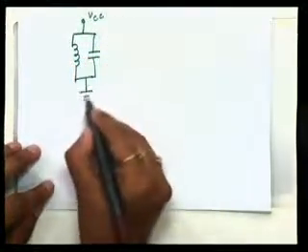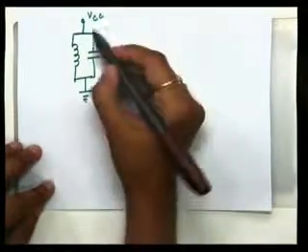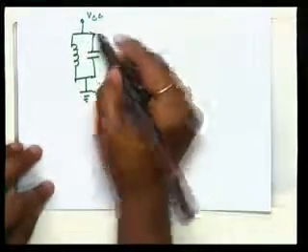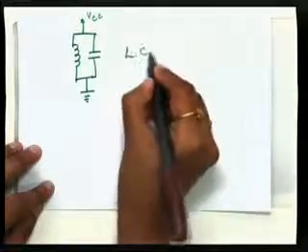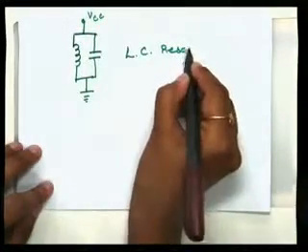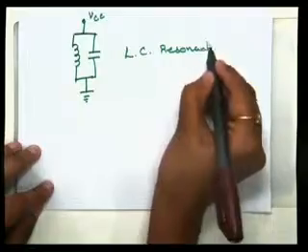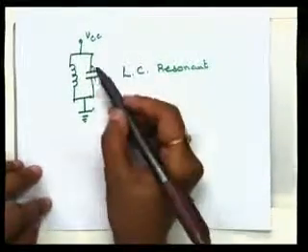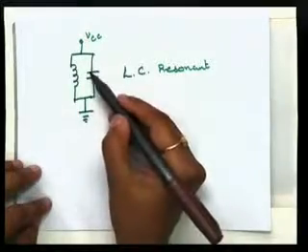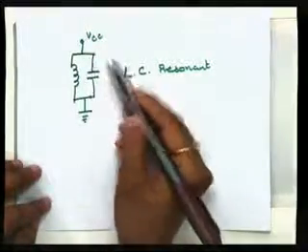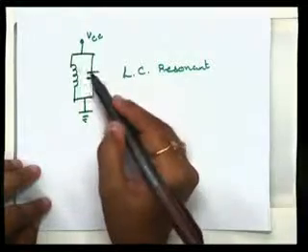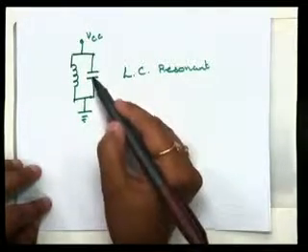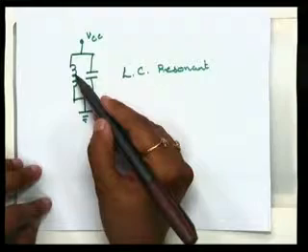You may have learned this, but just for the sake of revision, say this is VCC and the other end is ground. When VCC is provided to this circuit, this is actually an LC resonant circuit. Why is it called a resonant circuit? When VCC is provided to this circuit, the capacitor and inductor will charge. The capacitor will be charged and discharged continuously, and when it is discharging, the inductor will